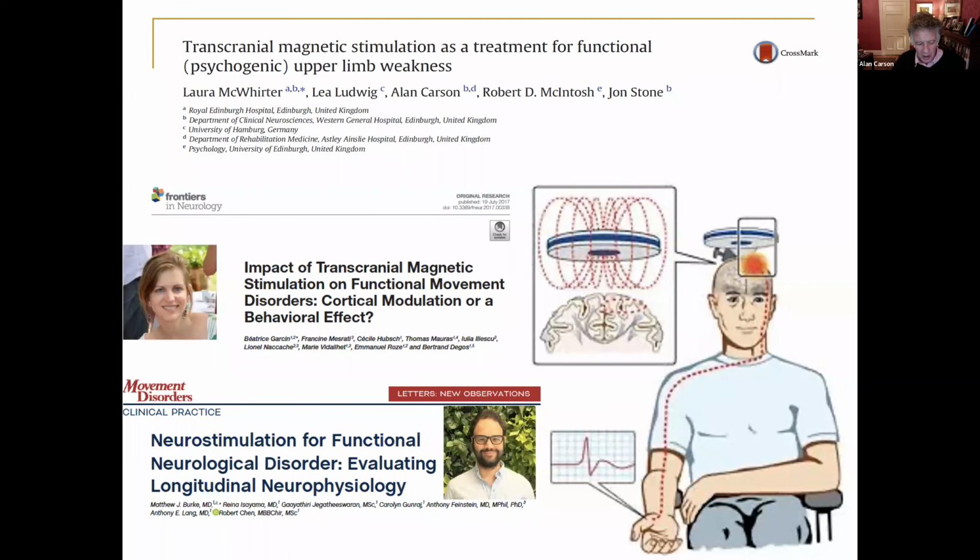But Matt Burke and Tony Lang's group across in Canada presented some quite convincing evidence on basic and longitudinal neurophysiology that there maybe is some cortical modulation. But I think what we can mainly see is ideas that started in the 18th century of how electrical stimulation works, continuing into the current day. I'm not sure we're any closer to an answer. And both are embedded in the ideologies and scientific methodologies of their time.